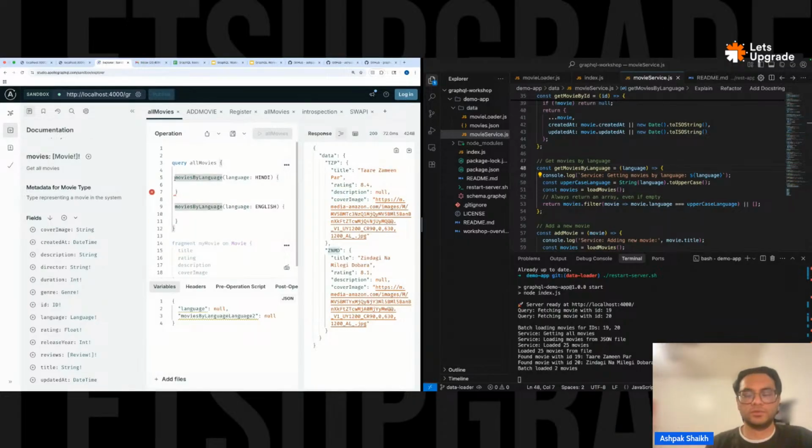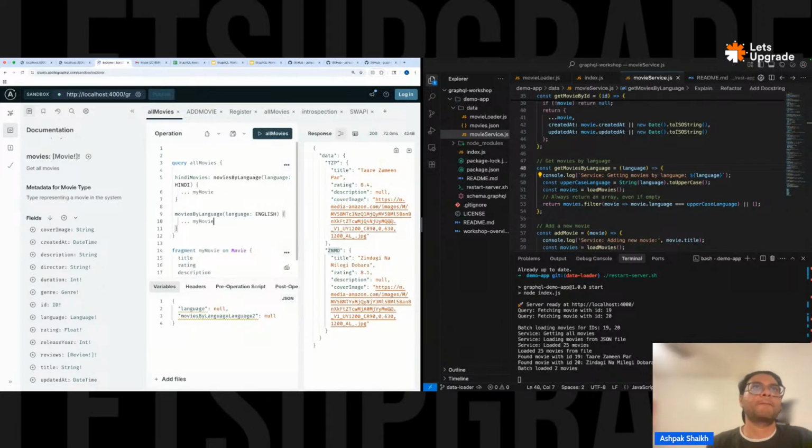Hindi movies as the alias, and then I'll use my movie, and I'll use English movie as the alias, and my movie in here. So once I hit this,